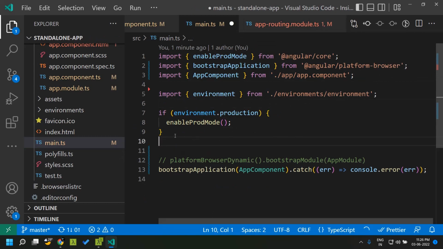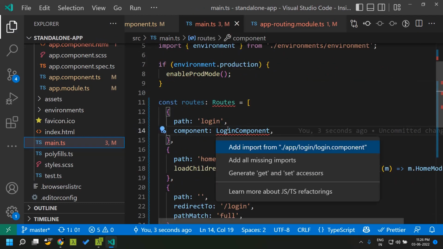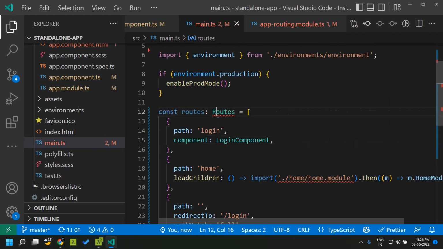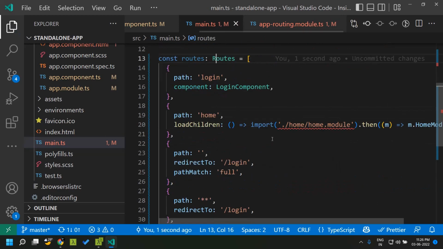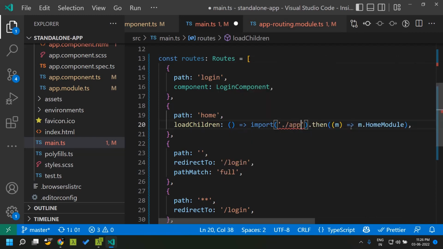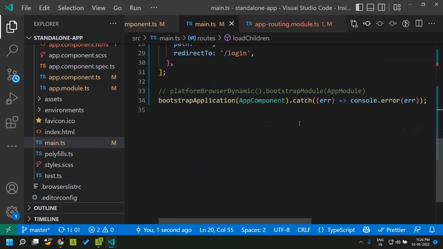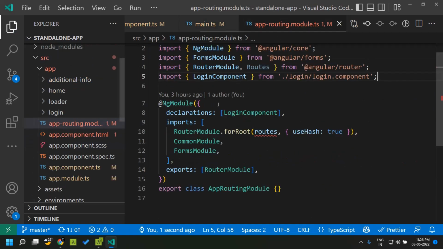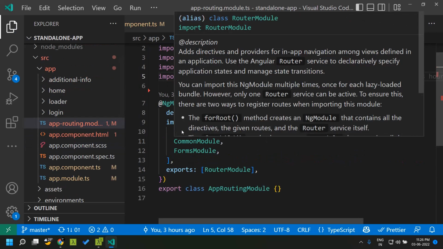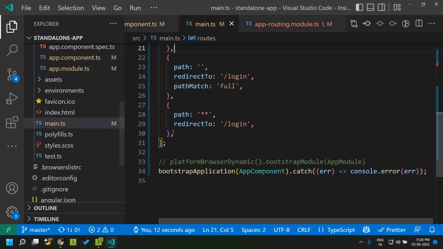So I am pasting it here, and here let's import our login component, the routes definition, and the path will be different here. So app home module. So the errors are gone, and the particular line where we define the routes, that is the forRoute, we can copy this over here, and